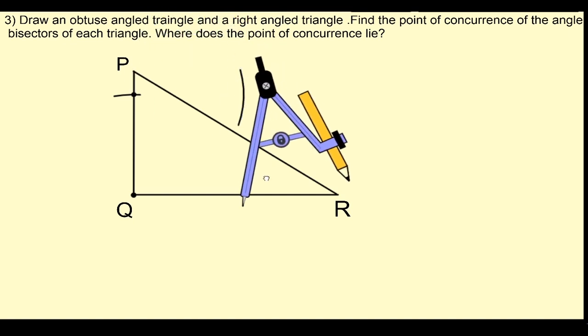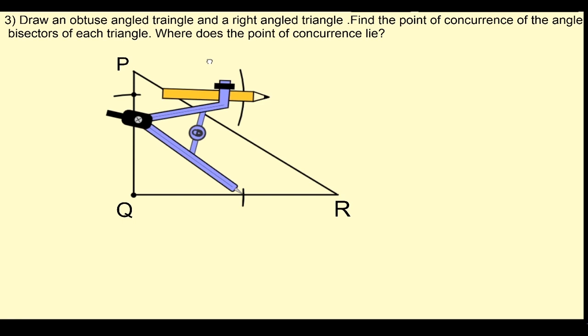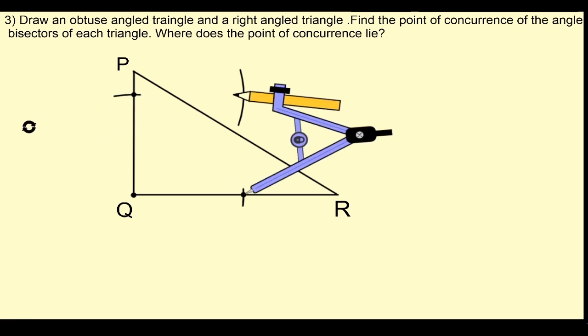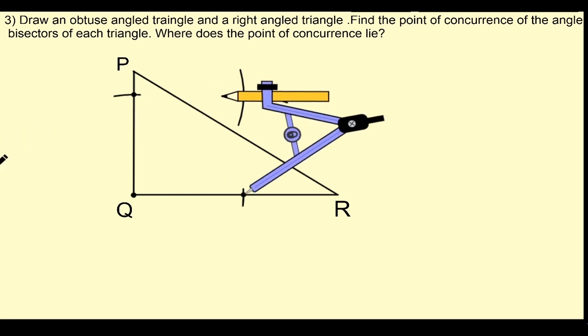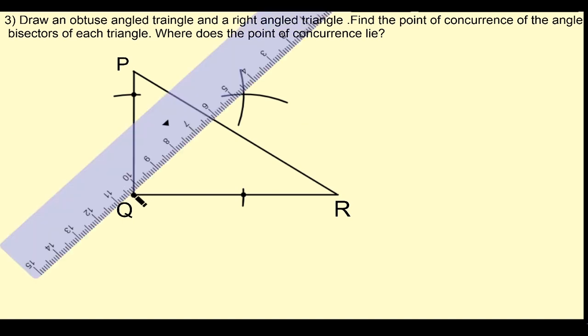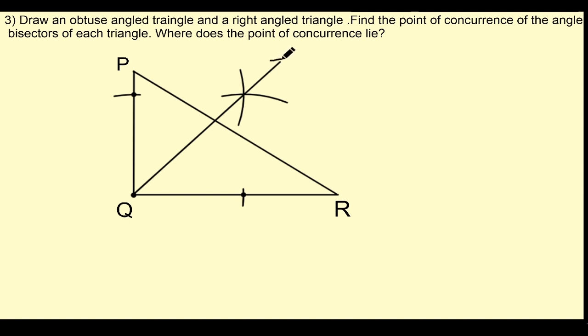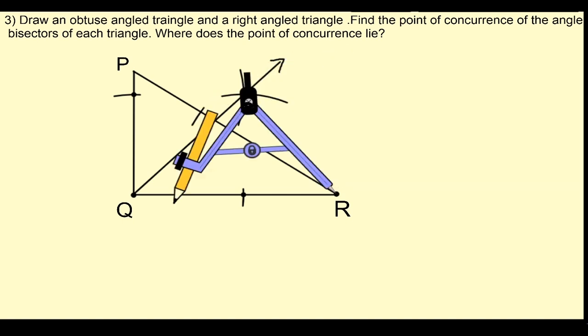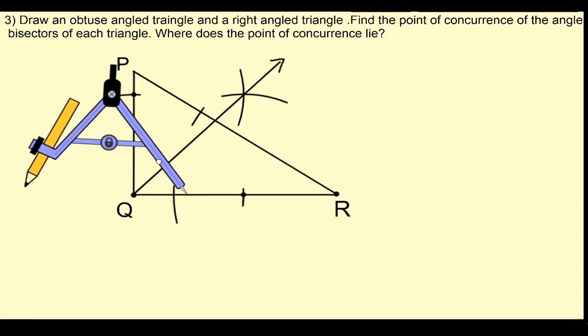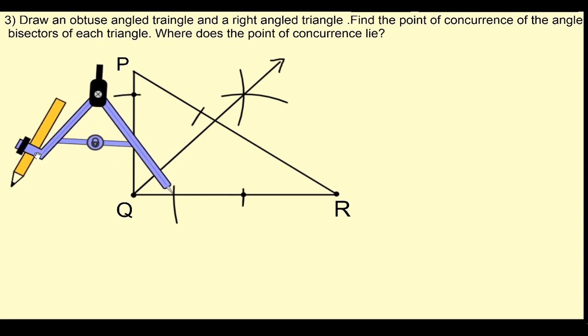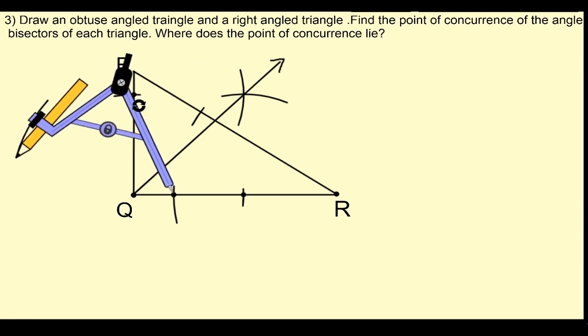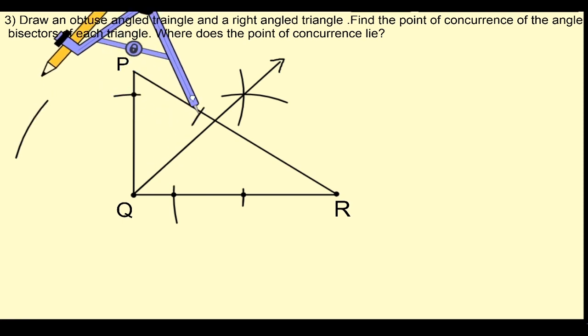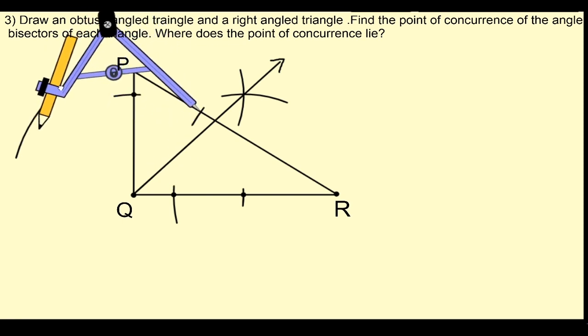Now in this, I will draw the angle bisector one by one. So it's up to you whether you want to draw it one by one or at the end together. Draw arrow at the end of the line. Now place the steel head of the compass on point R and draw arcs on both the sides of the triangle. Then place the head of the compass on one of the arc and draw another arc. Similarly, we will do it for the other arcs.